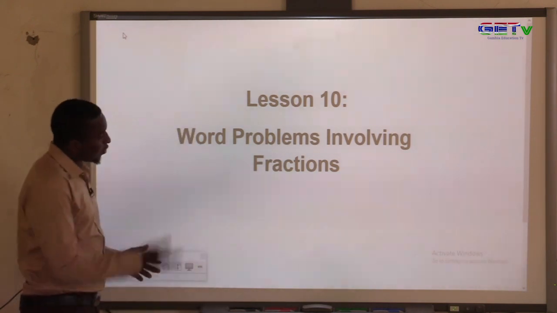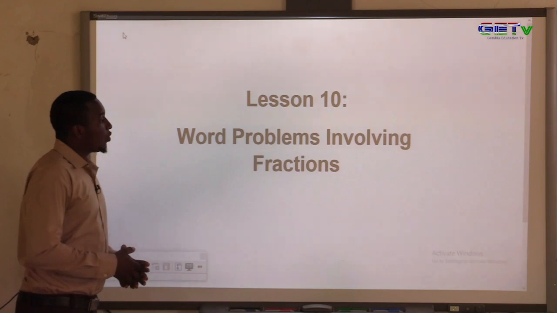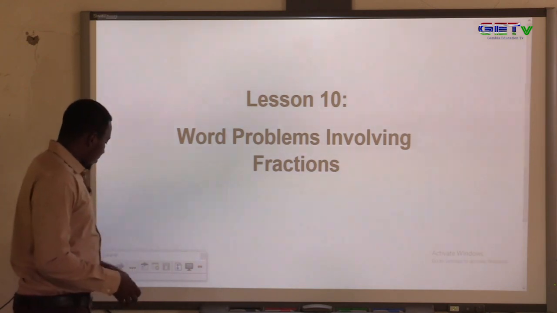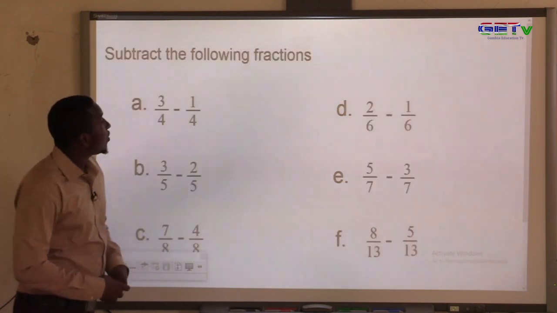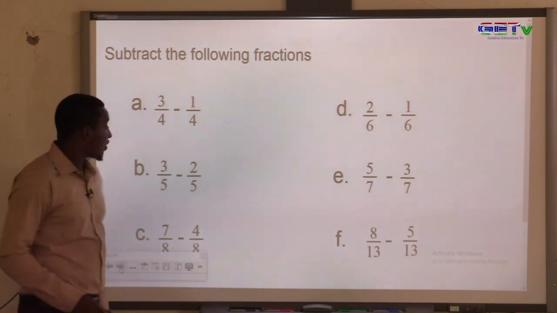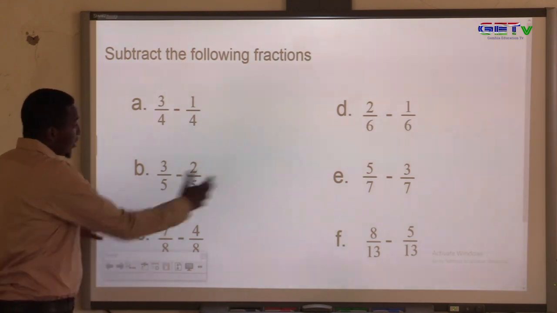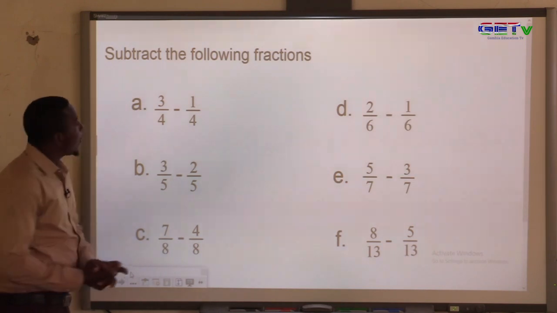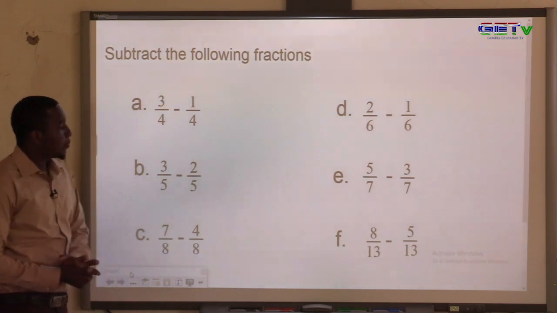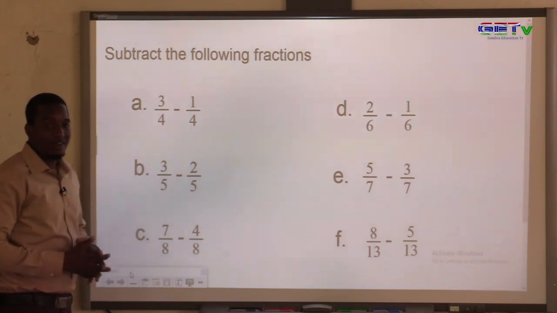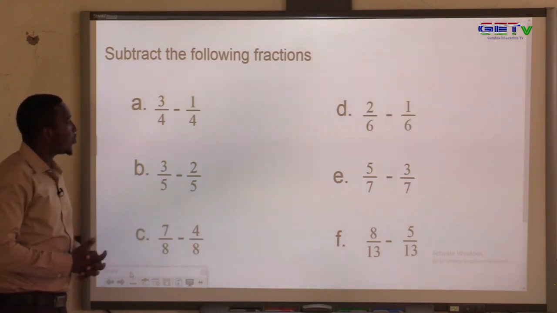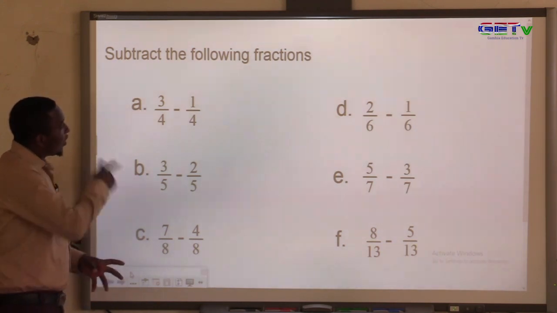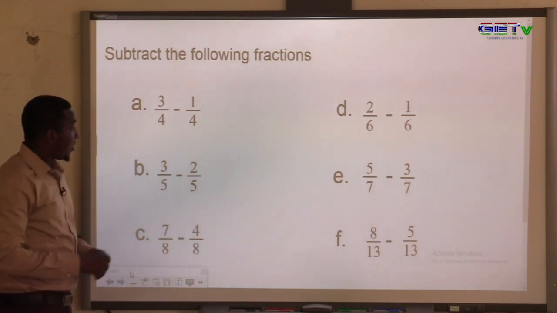So before we move to our lesson proper, we are going to have a quick revision of what we have done on the addition and subtraction of fractions. This was an assignment that was given to you, and you were asked to try it at home. Of course, before we move to the lesson proper, we'll have to deal with it and then proceed to our proceedings today. Looking at the first section, we are given a fraction